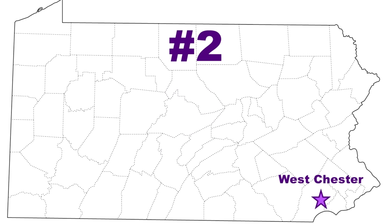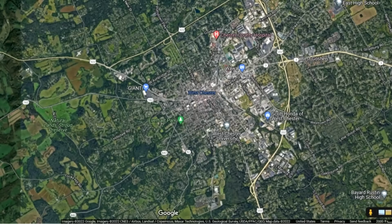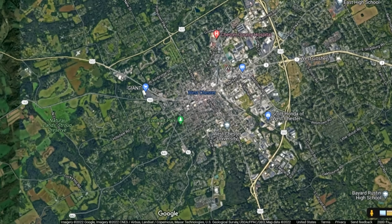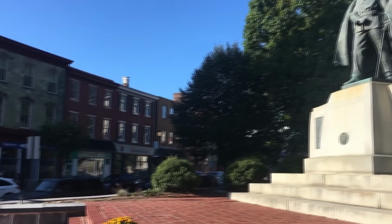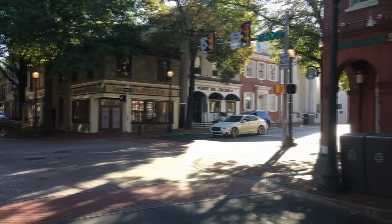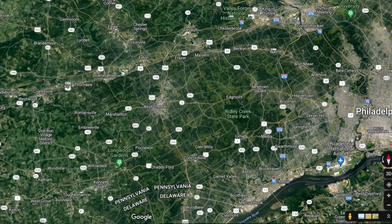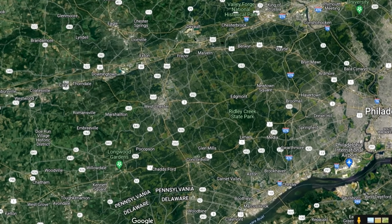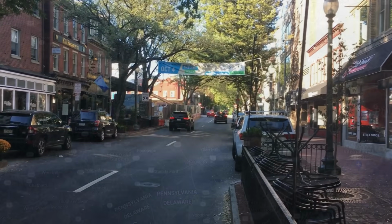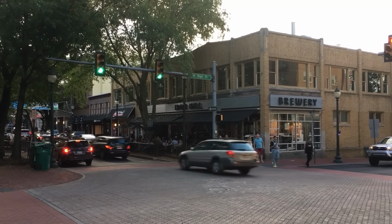West Chester is clearly one of the best boroughs in the Commonwealth to visit and explore. It is landlocked, and it doesn't have any major geographic features, but it is a charming town, with interesting buildings and culture pretty much at every turn, sitting in the rolling hills of Chester County. It is a suburb of Philadelphia, about 9 miles north of the state line with Delaware, and it sits along some important roads like US 202 and 322, so many people drive by,